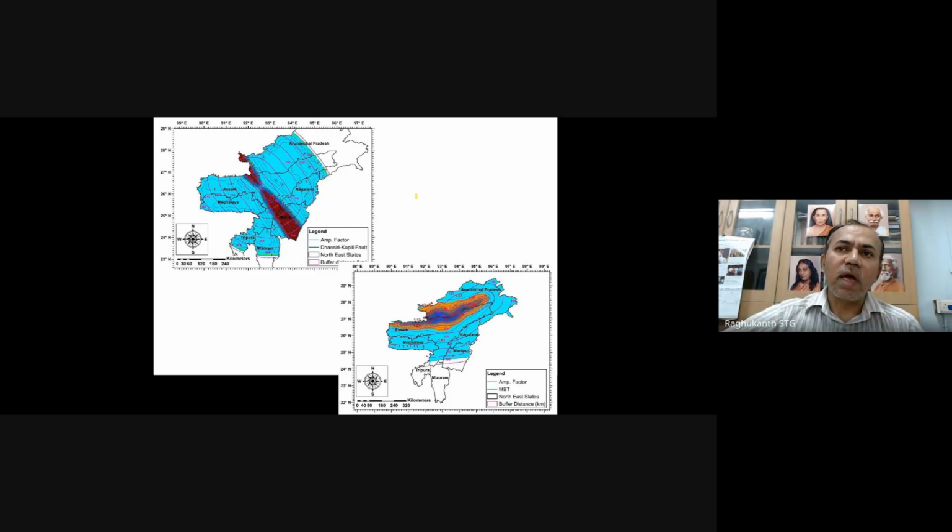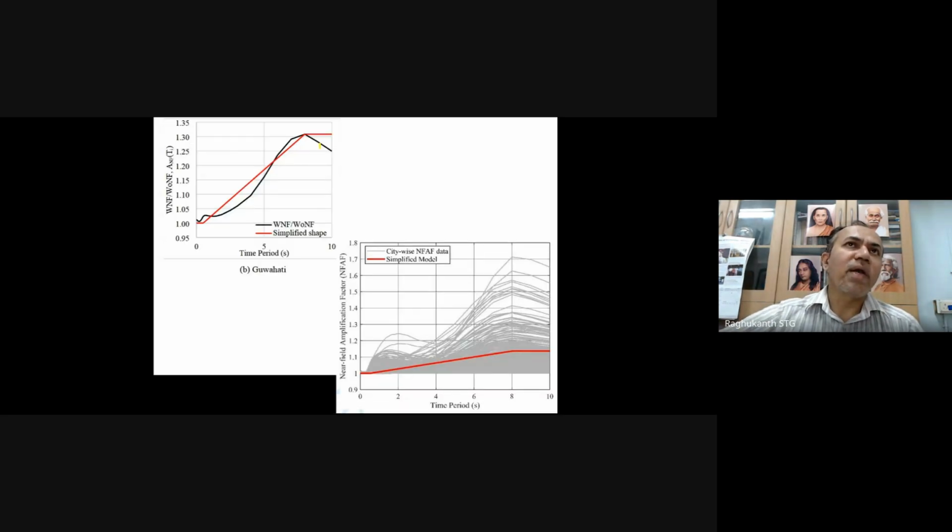We have carried this out for all of India. I'm just showing you northeastern India, because the northeast has so many faults across here. So for the northeast, Himalaya, everywhere, this hazard analysis has been carried out, and based on this we have derived one simple multiplying factor, an amplification factor, you can say. Based on all the data set, this is our equation. It is a bilinear kind of straight line.